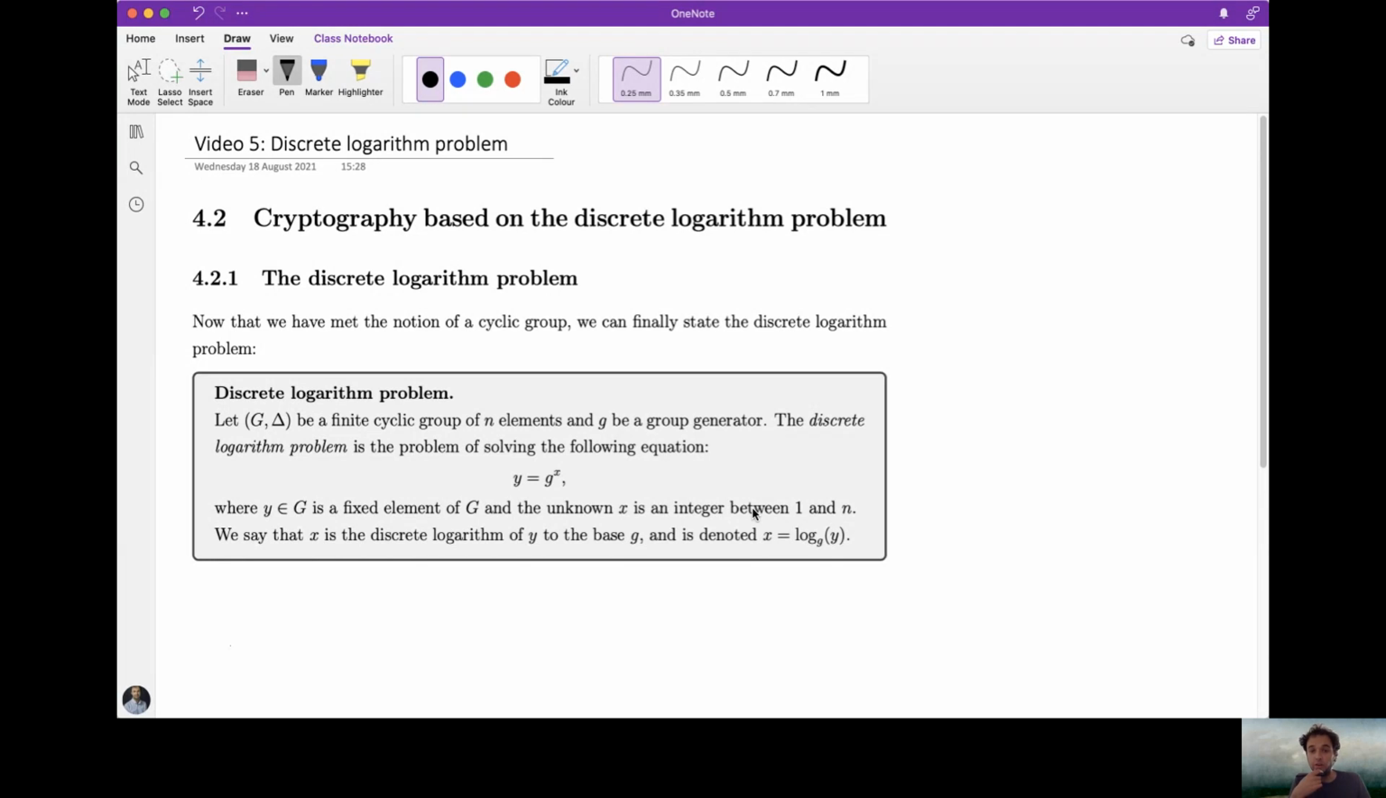Hello everyone, this is video number 5 of chapter 4 of the lecture notes, and we're finally going to discuss here what is the link between group theory that we have been discussing in the last 4 videos and cryptography. So the goal of this video is to explain how we can build a public key crypto system using groups. If you remember from our lectures of chapter 2 and perhaps from the example that we discussed in chapter 3,